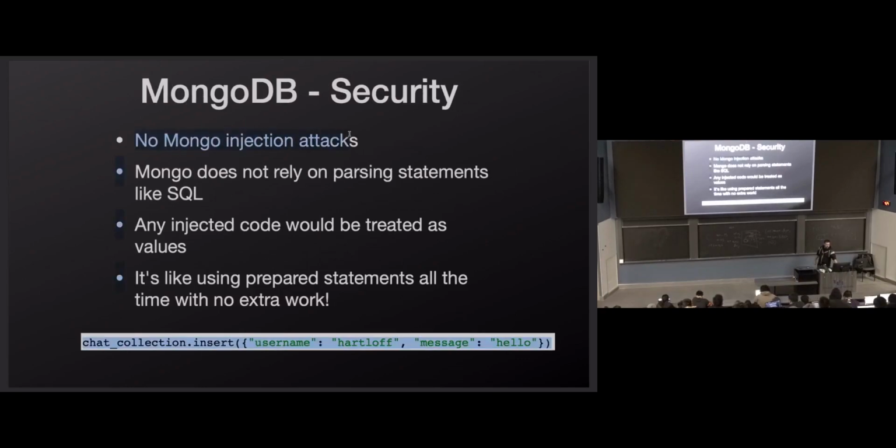No such thing as a Mongo injection attack. MongoDB doesn't have injection attacks. When I'm storing this data, I'm not giving it a string. When I'm storing data with SQL, I just give it a string, and then the server parses that string and executes it as SQL code. SQL is a programming language. It runs that code. It interprets that code. MongoDB, not so much. We're calling the insert method and giving it data that is not a giant string. This is not a JSON string. This is a Python dictionary.